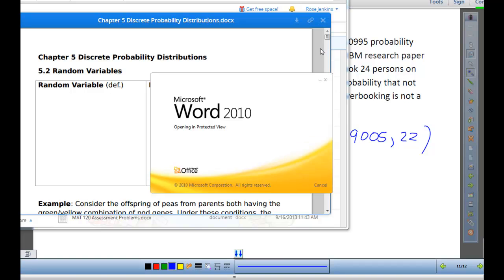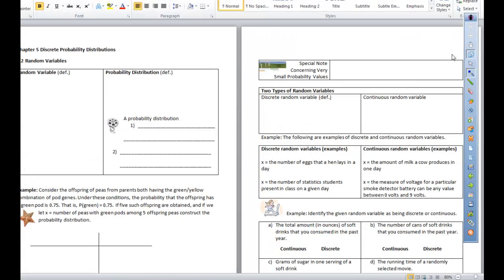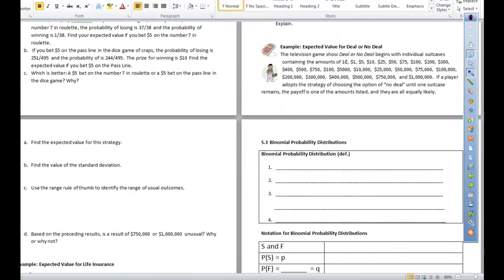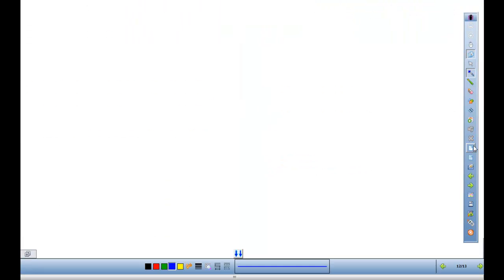And that is calculating the mean and standard deviation for a binomial experiment. I just don't have that in my notes, but that's okay. We can wing it. For the binomial experiment,